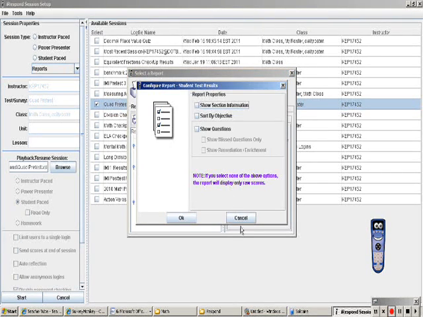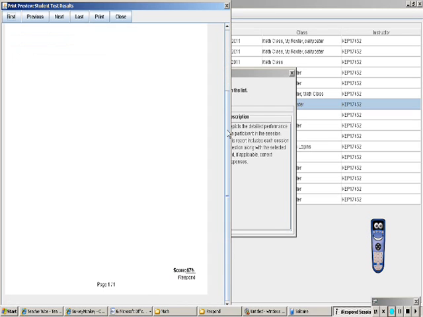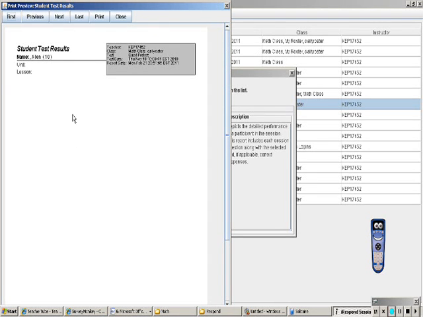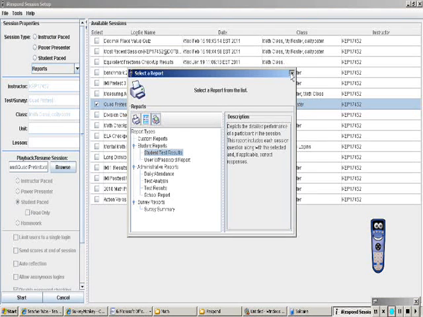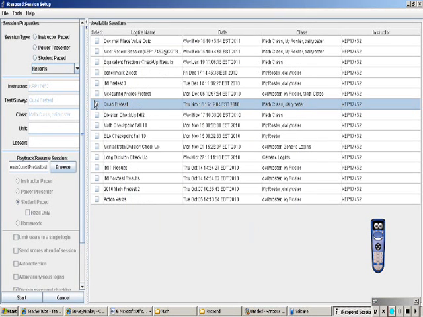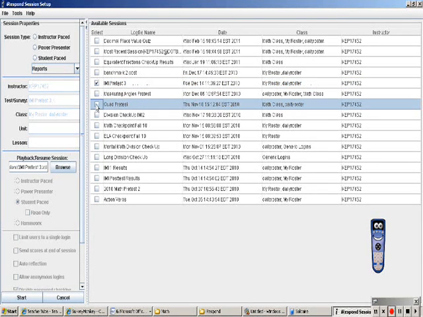If we look here, and I say OK, it's going to show me this student. Now, because this was an instructor, a student-paced test, I had not actually entered in the questions, and so basically all we're seeing is how this student scored. However, if I change the test that I'm looking at and I instead look at, say, the IMI pretest, and I press start,